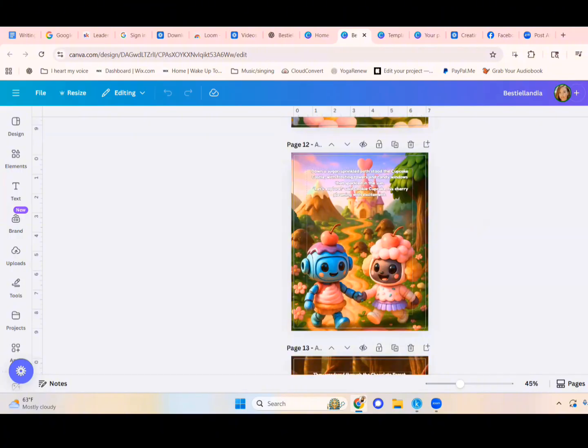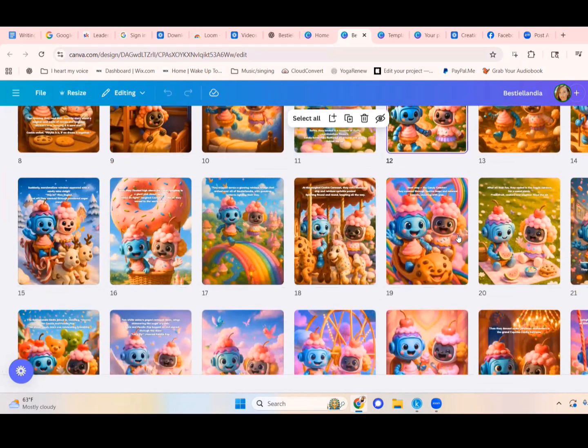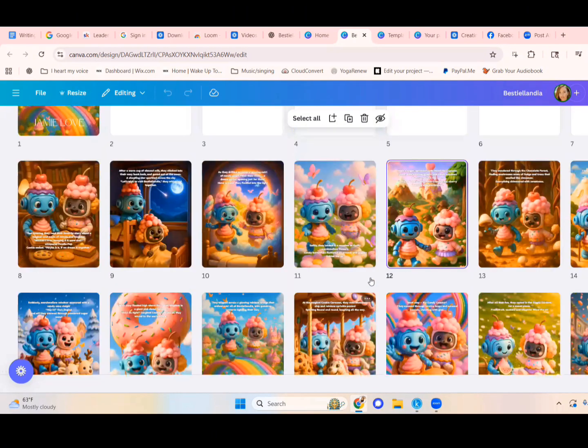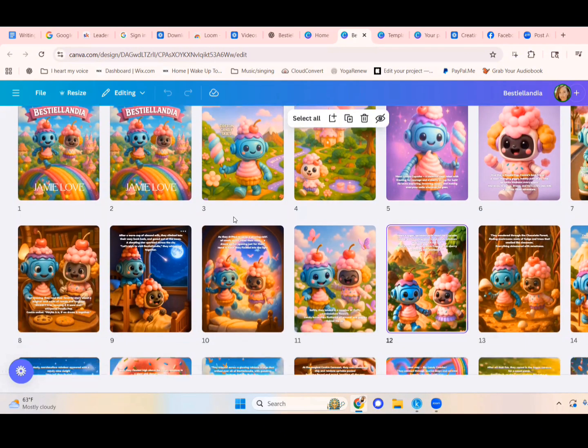So if you go down here in this corner, you see this grid view. Now we can see the whole book. We can see exactly the, what do you call it, the order of the book, okay? So I can see that this is the first page, which will be on the right side, because the first page always starts on the right. And then the second page will be on the flip side. So this is left side, this is the right side page, left side page, right side page, left, right, and so on.